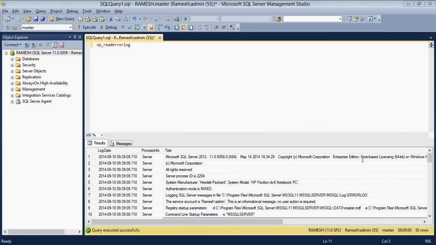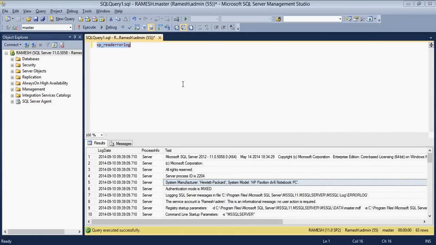If you see system manufacturer here as VMware, or if you see it as virtual, then it is a virtual server.